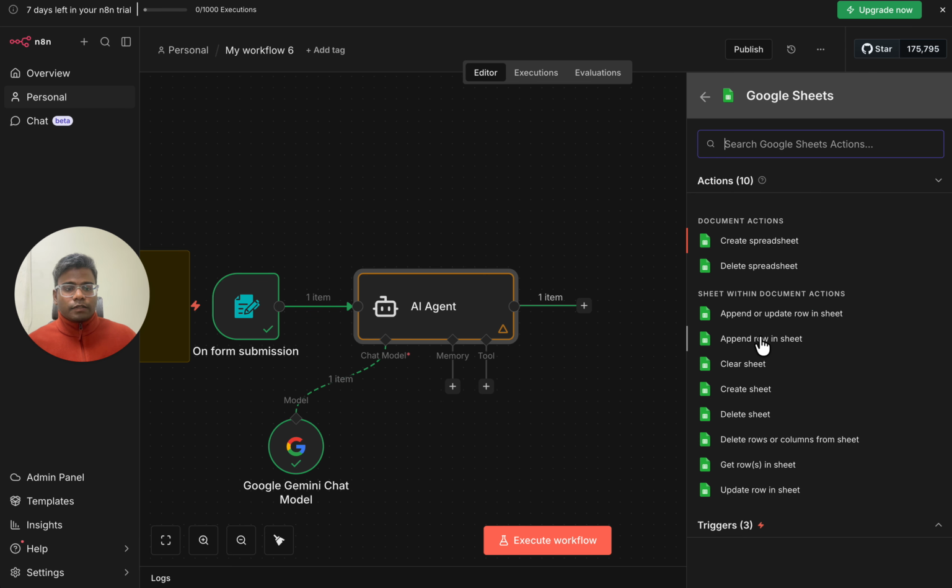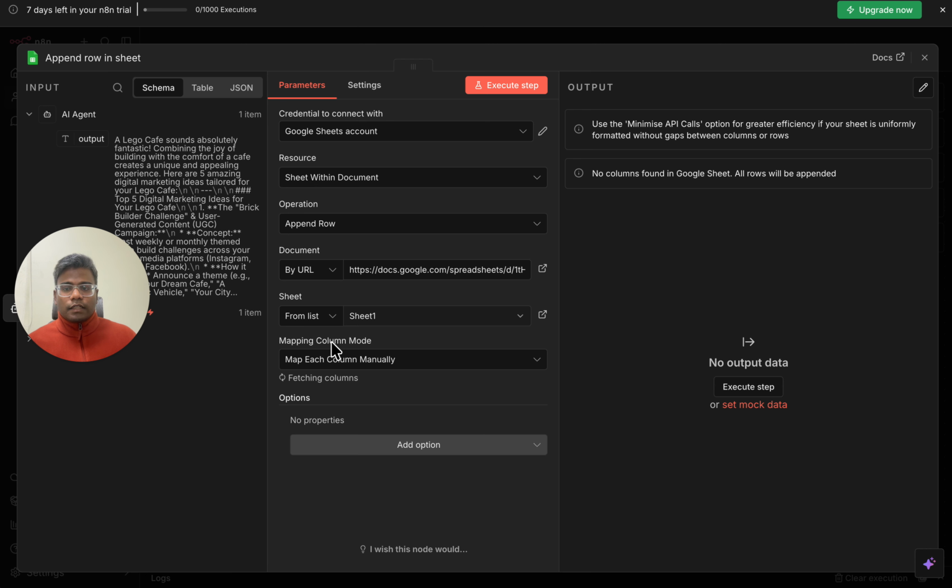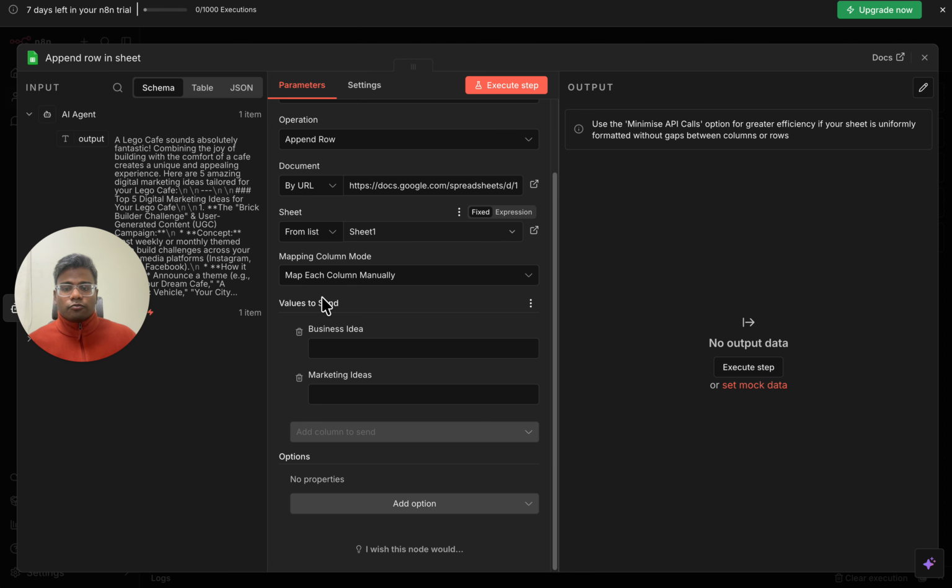And here I'll choose append row in sheet. What that means is it's going to add the output of this into a sheet. And now I will click the document from URL, just so it's easier to understand. And then from the list, I will choose the first sheet, which is sheet 1. Now if you see here, it's going to show me those 2 values that I've got